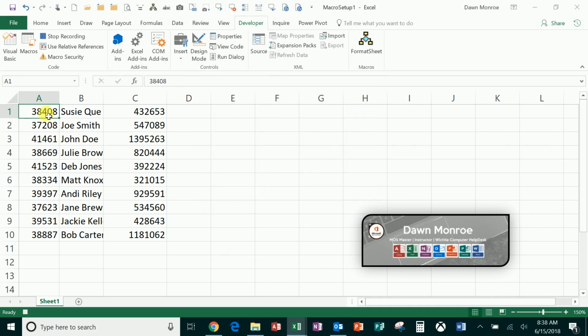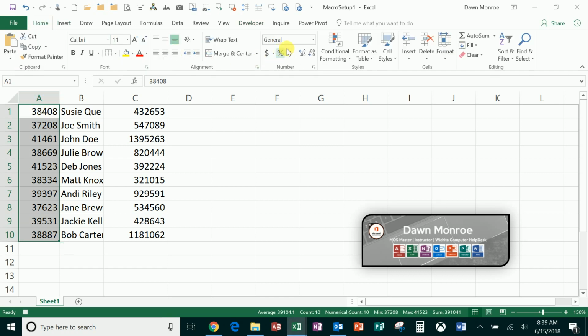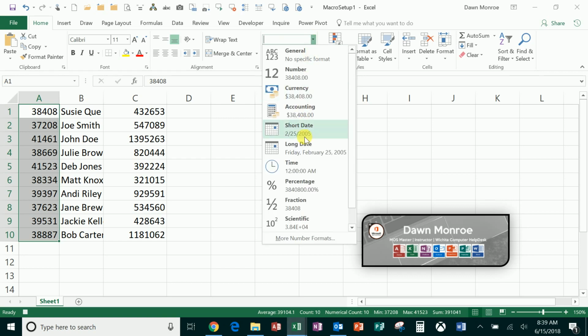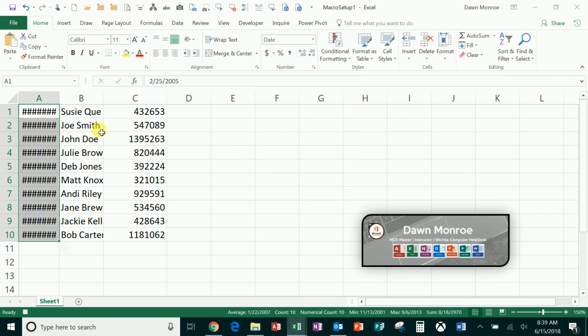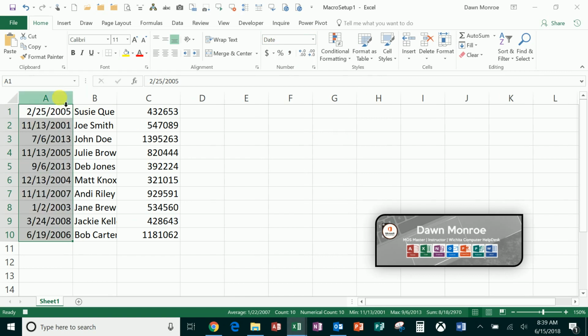So let's go ahead and work on this data. From that first cell, I'm going to go ahead and Control Home just to make sure I'm jumped up there when I start this. And then I will do Control Shift down arrow to capture everything in that column. These are actually dates, and they're just formatted as the serial number. I need to go in and change them to the short date. Oh boy, I need more space. So right away, I'm going to adjust the width of that column,